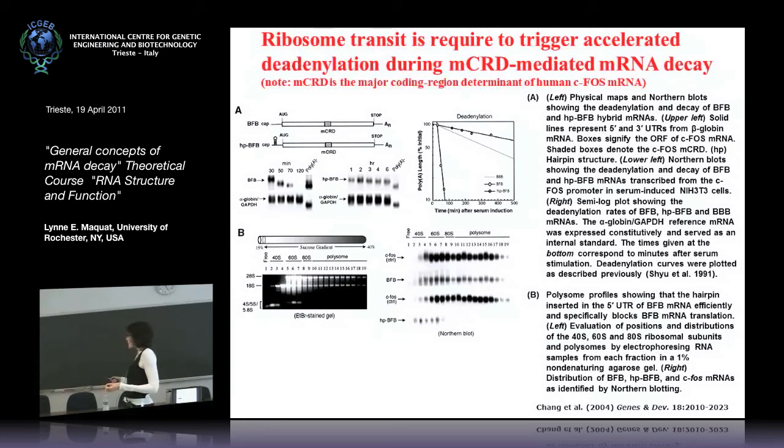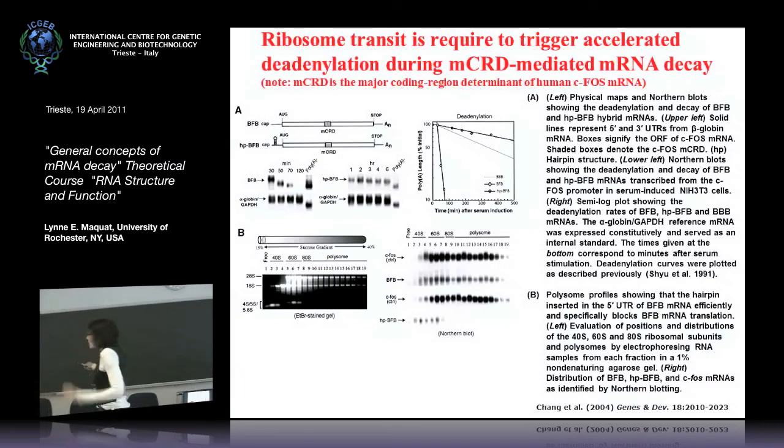And it does so because the 40S ribosomal subunit, in scanning through the 5' UTR, doesn't have a very good unwinding capability, and it gets stuck. So it can't reach the AUG initiation codon. What the authors showed is, these are driven by the FOS promoter, and as I said, when transiently introduced into